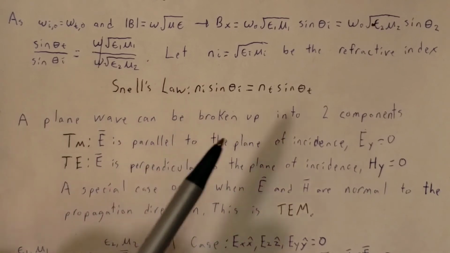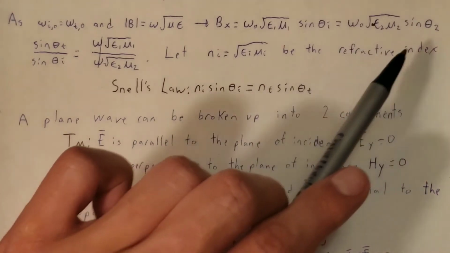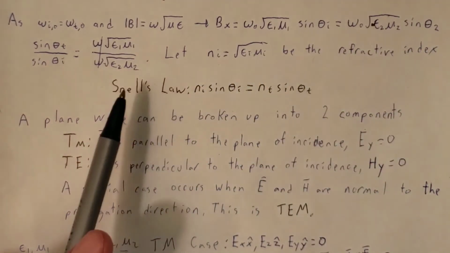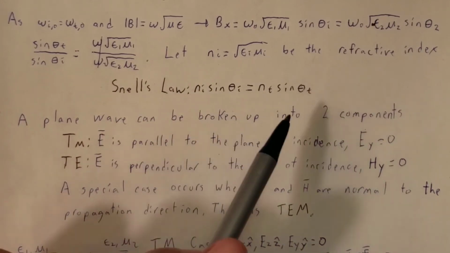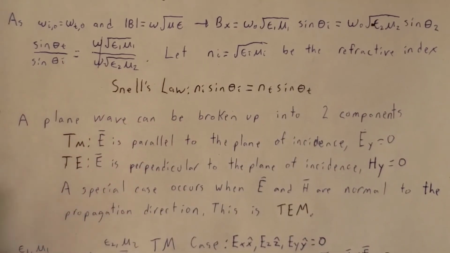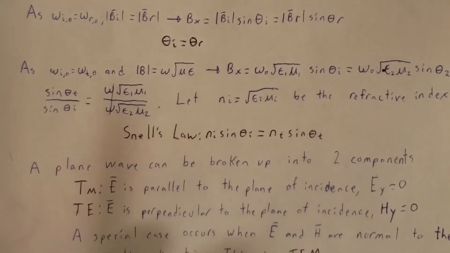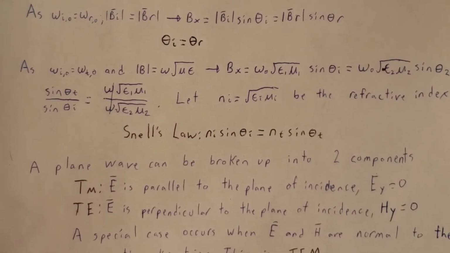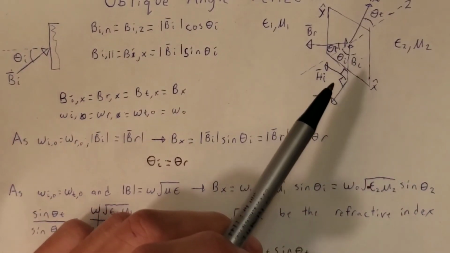Now, we can let the square root of epsilon mu equal the refractive index n, and we arrive at Snell's law, which states that n sine theta I equals nt sine theta t. So now we have definitions for all three of the angles, but we still need to figure out the amplitude of the two fields. And this can be quite tricky because the fields are no longer along a single axis,